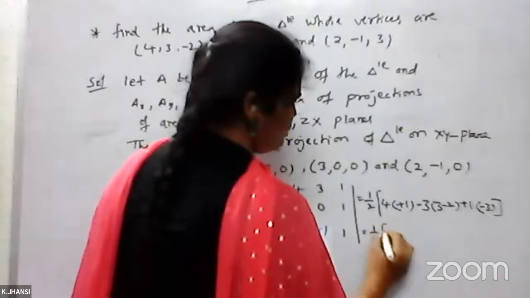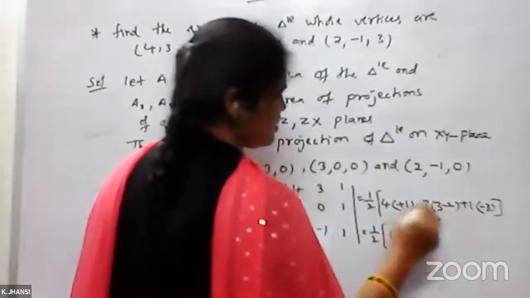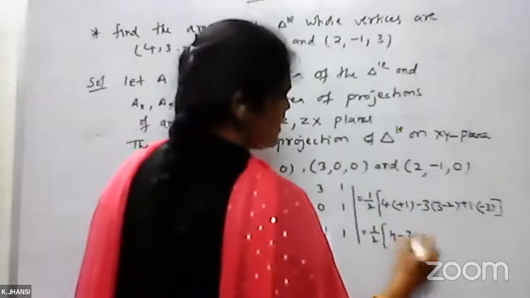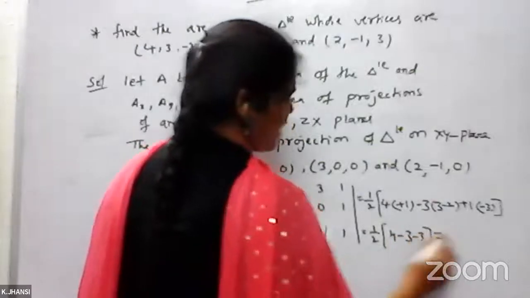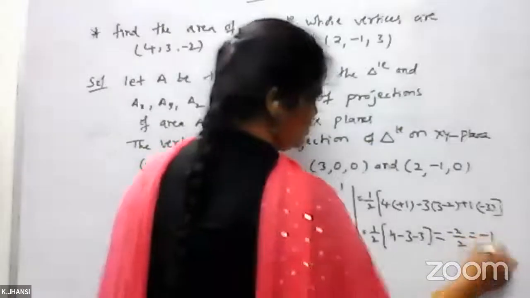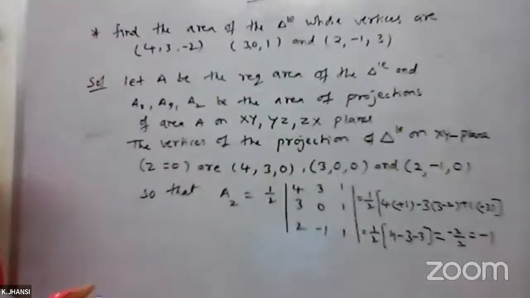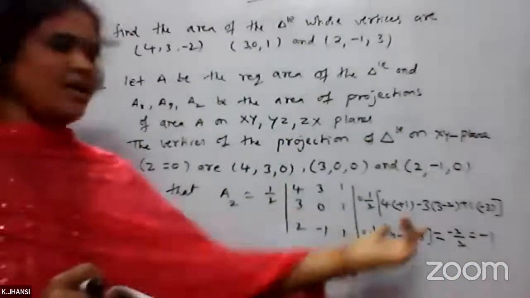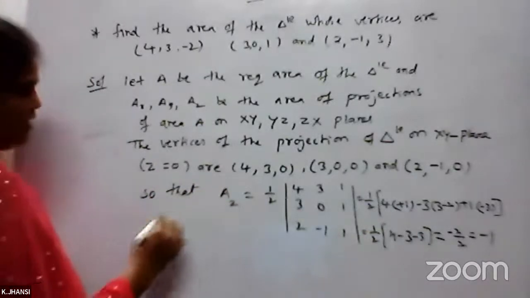This you will get 1 by 2 into 4. 3 minus 2 is 1. That is minus 3 minus 3. So minus 6, 4 means minus 2. Minus 2 divided by 2 means you will get minus 1. Okay. So here the AZ value, the area, is minus 1. Similarly,